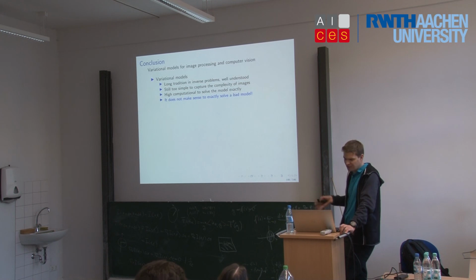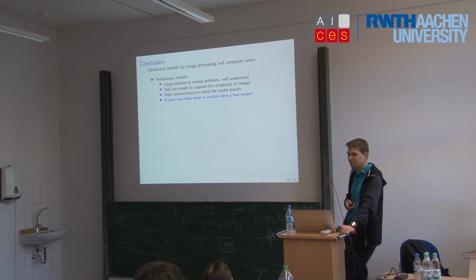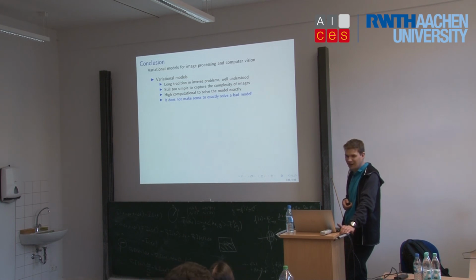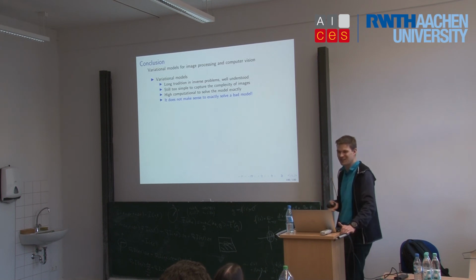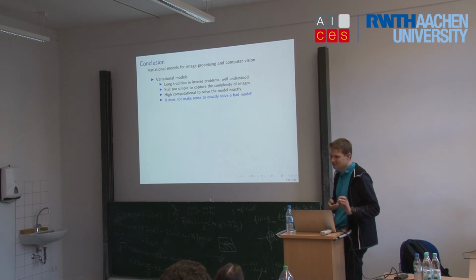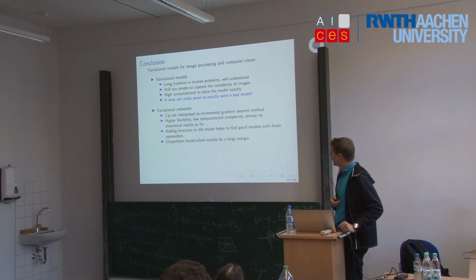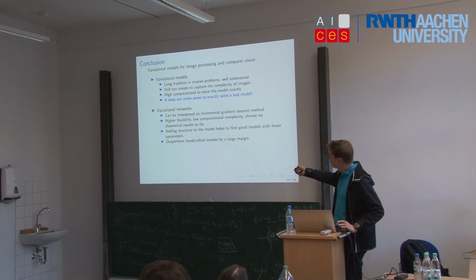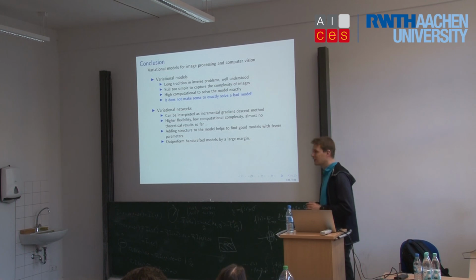All these models are defined by means of an optimization problem, so computationally they can be quite expensive. And in the end, you should ask yourself, and this is what I'm asking myself, if you have a bad model, does it really make sense to accurately optimize a bad model? If the modeling error is higher than the optimization error, then it doesn't make sense to really accurately optimize this model. And we are now slowly moving to this kind of learning approaches,